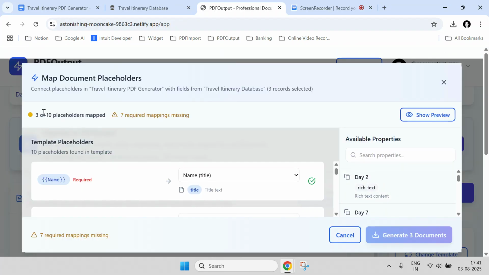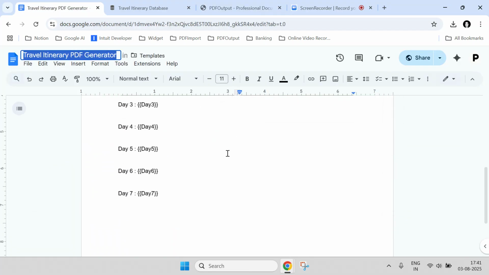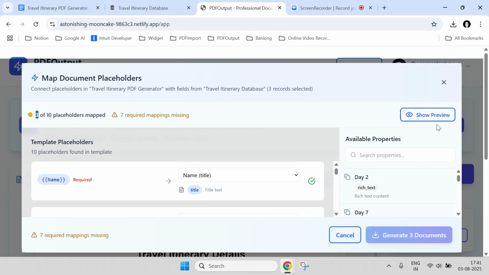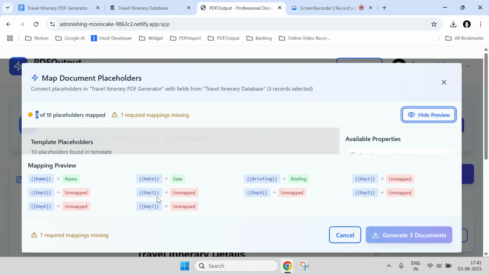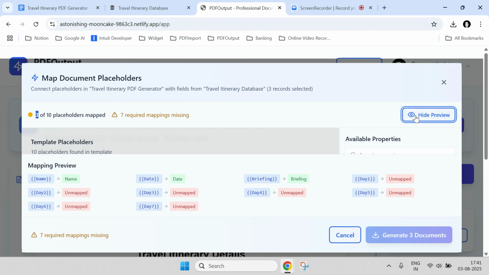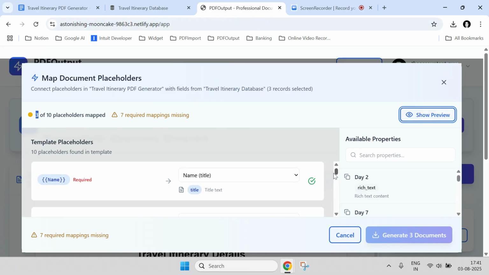And you can see it has mapped 3 elements out of 10 elements. So basically we have a lot of elements over here and it has correctly mapped only 3 elements out of 10 elements. If you click on show preview, you can see all the elements which have not been mapped. Okay, so basically if you see the day wise, all the day elements are not mapped. So what you can do is click on hide preview and scroll over here one by one to check which